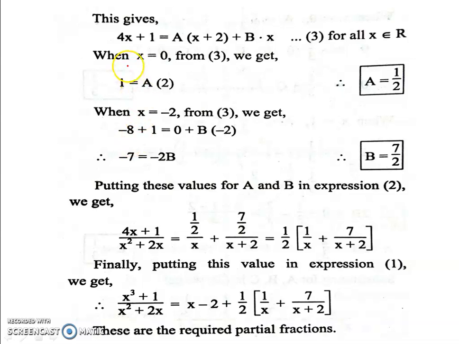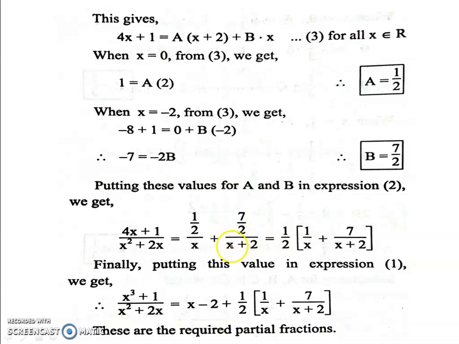But here, be clear that x is equal to minus 2. Minus 2 into minus 4 minus plus 8. So the final answer is 9 upon 2. So solve the same example using minus 4x plus 1. It is here for homework. Now I am clear about 4x plus 1.